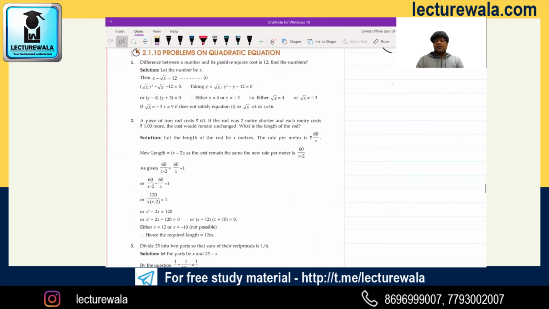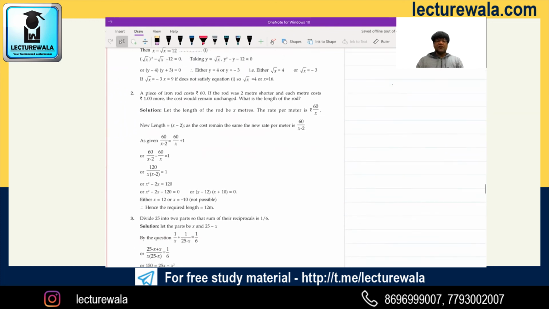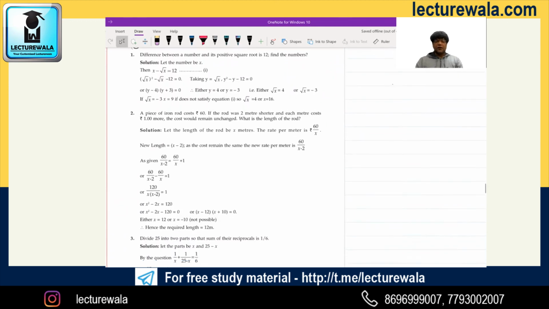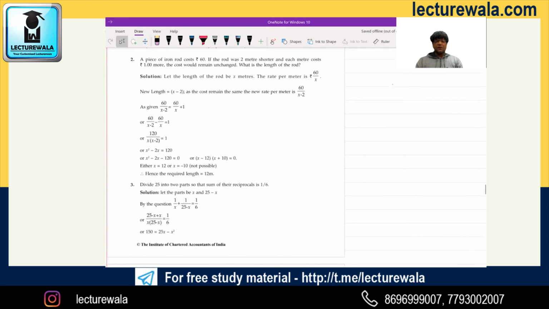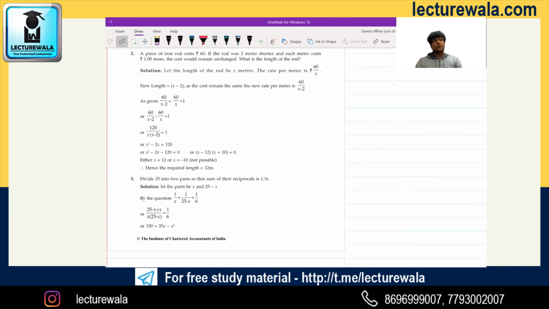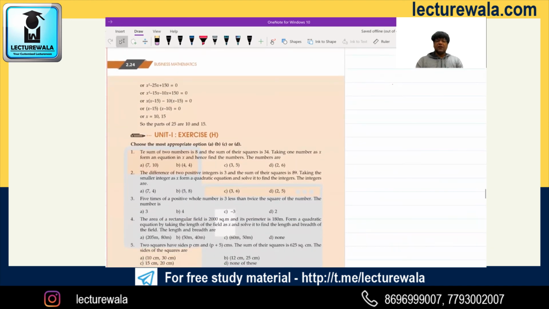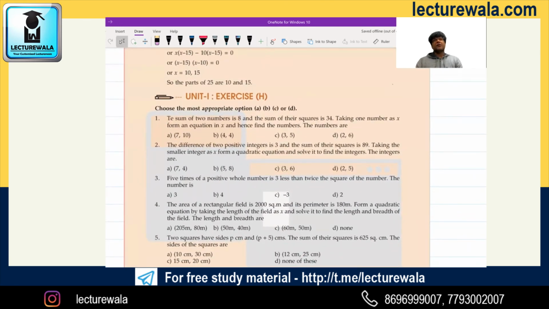Now, problems on quadratic equation. Guys, here you take these illustration questions, but don't solve their way. You do by option hitting. If you want, you can see their solution. You do by option hitting also. And if you feel that original solving is easier for you, then go by original solving. The choice is yours. All these questions I have solved in class, guys. Class video I have solved. Which way? Option hitting only.